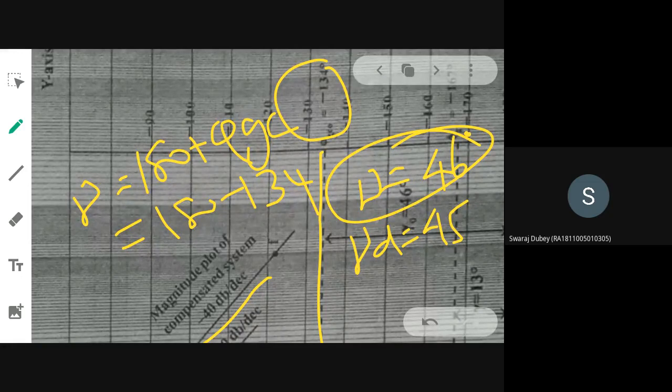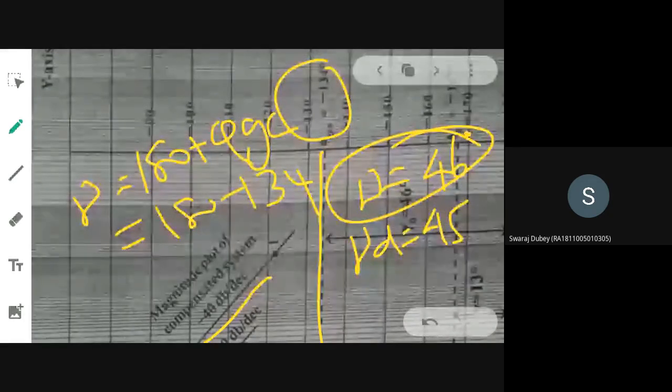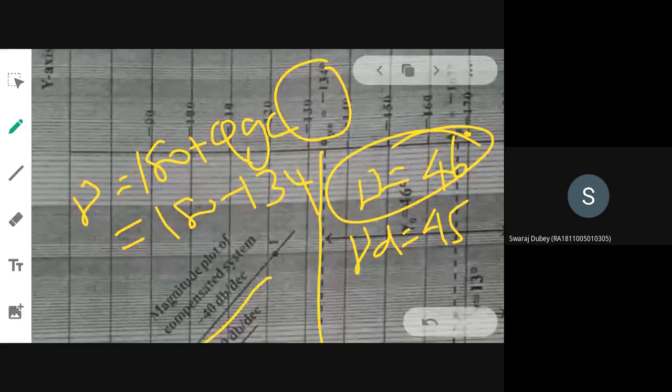So this extra step of drawing the Bode plot again is making this compensator a little difficult, but other than that, it's easy. So pray that you don't get a lead compensator. The lag-lead compensator in combination is not included in your syllabus. So next class we will discuss other topics.